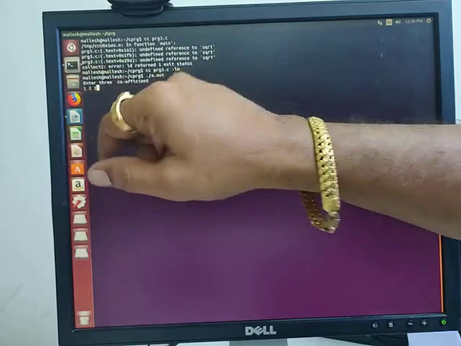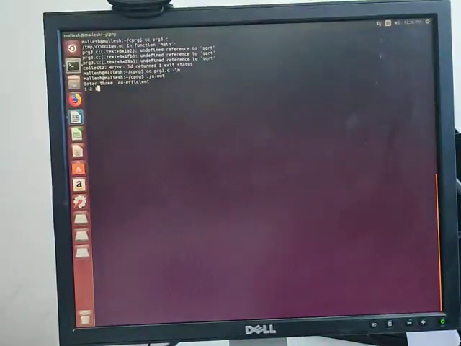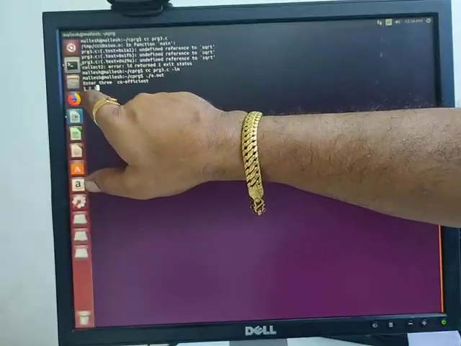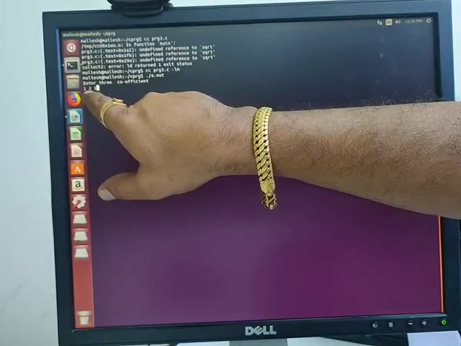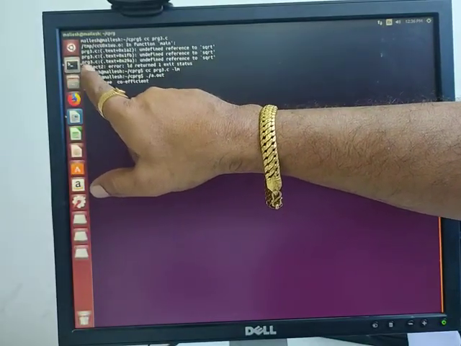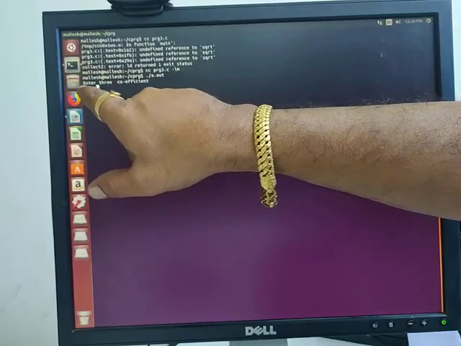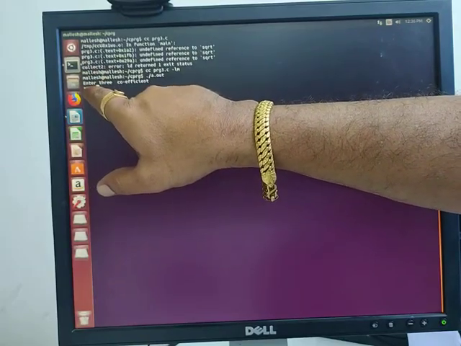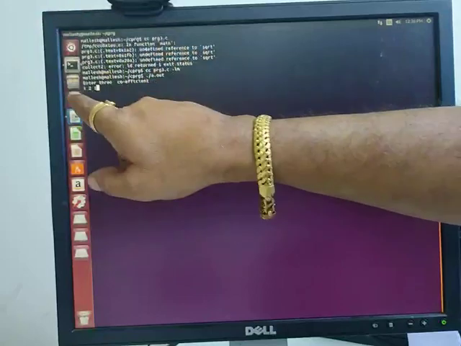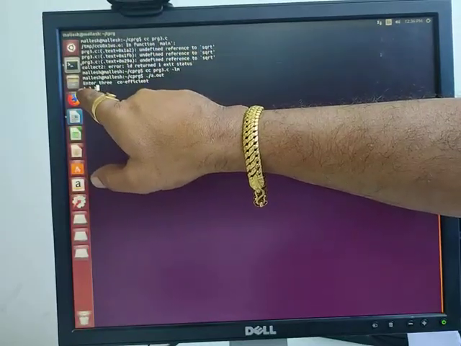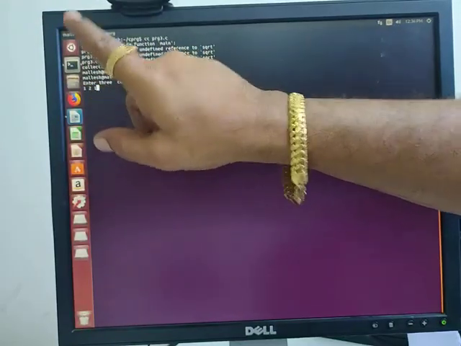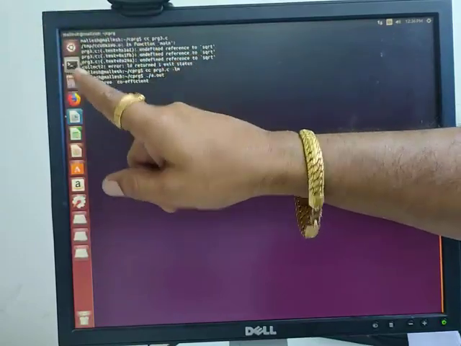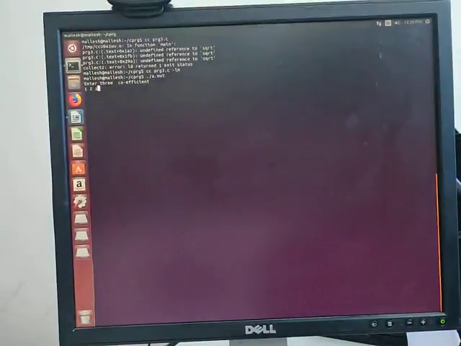Now calculate the discriminant. B square minus 4ac, is it not? B square, 2 square is 4, minus 4 into 1 into 1. 4 into 1 is 4 only, again 4 into 1 is 4 only. So 4 minus 4 is 0. Then what type of roots are we going to get?